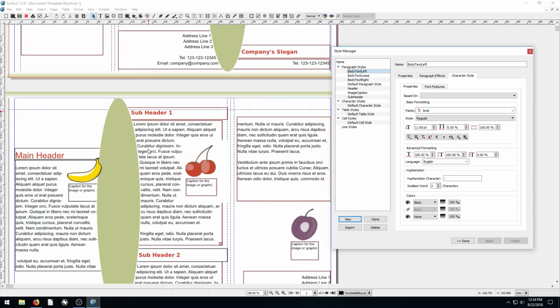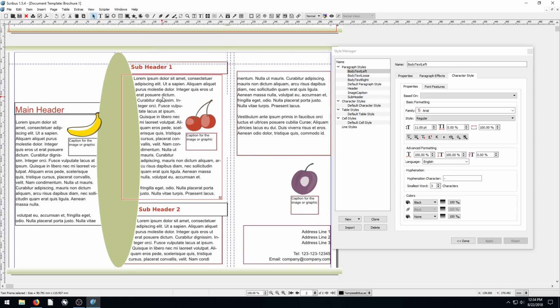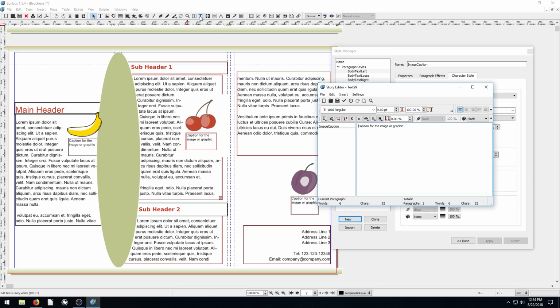If we want to change the look of a lot of this text in here, first we have to find out what it is. So if we click on it, it'll tell us what. Will it tell us here? I guess it won't. So this is probably the image caption, for example, the caption under all these different images. To verify that, we can just go to Story Editor and see, sure enough, it's using image caption as